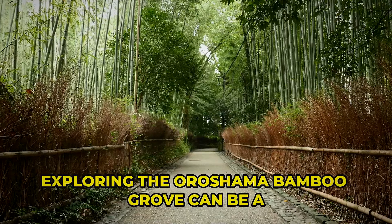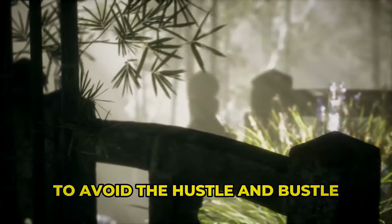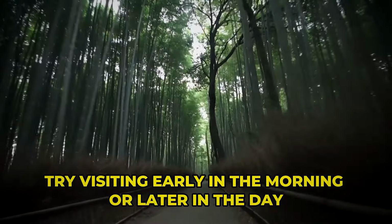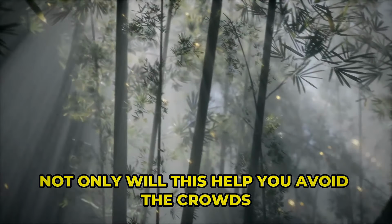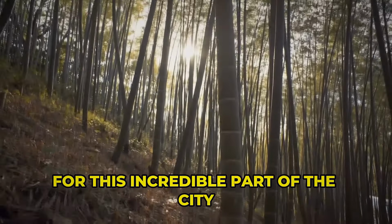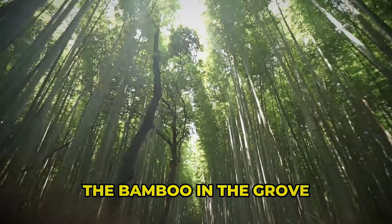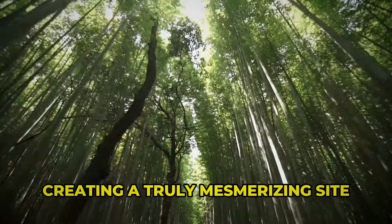Exploring the Arashiyama bamboo grove can be a bit tricky due to the crowds. To avoid the hustle and bustle, try visiting early in the morning or later in the day. Not only will this help you avoid the crowds, but it will also provide better lighting for this incredible part of the city. The bamboo in the grove can grow up to an impressive 100 feet tall, creating a truly